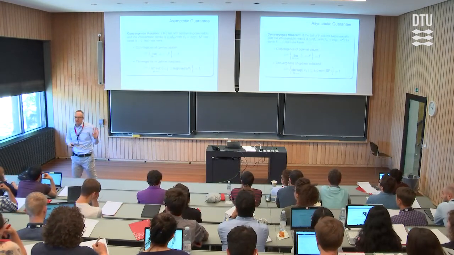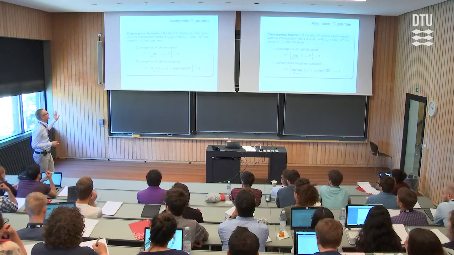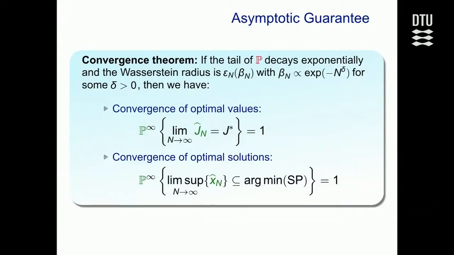Second thing, and I don't want to talk much about this, you can prove that asymptotic consistency holds. So basically what you need to do is you need to set the Wasserstein radius to this epsilon n of beta. That's the formula from the previous slide. At the same time, you need to make the confidence that the true distribution is inside the ball converge to 1. So basically, the beta n, the confidence level, should also depend on the number of samples, and this significance level, beta n, should become small exponentially fast in n.